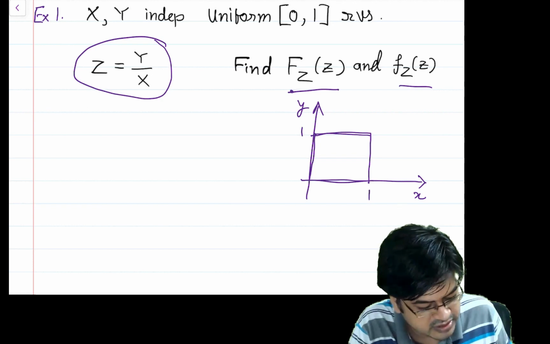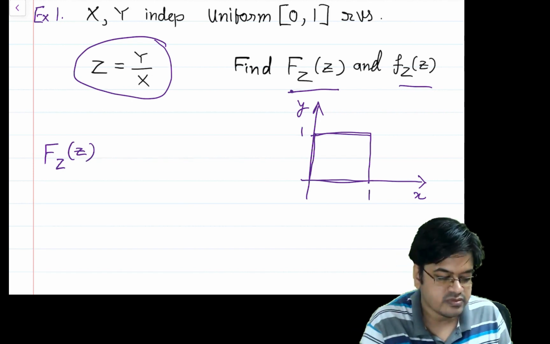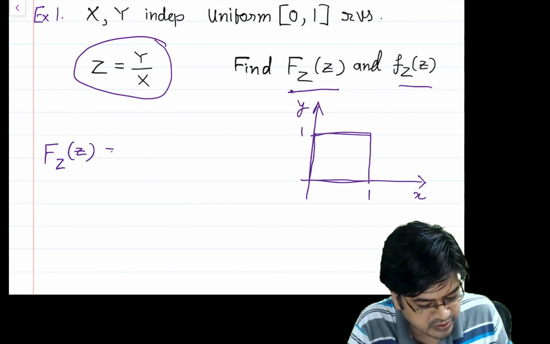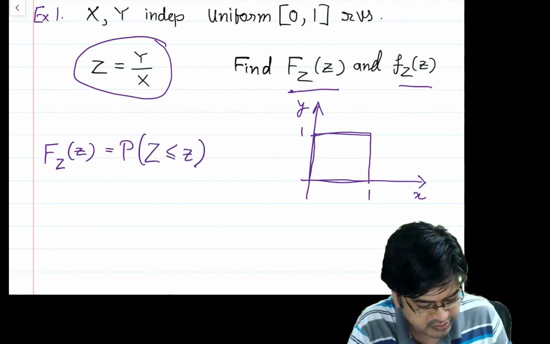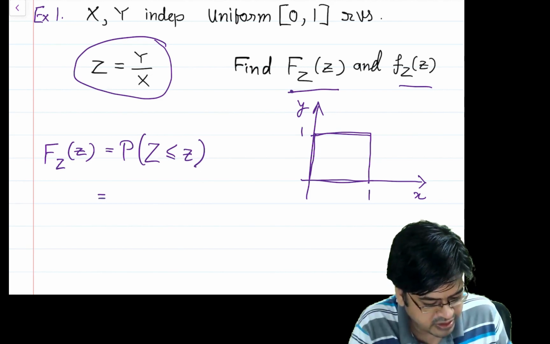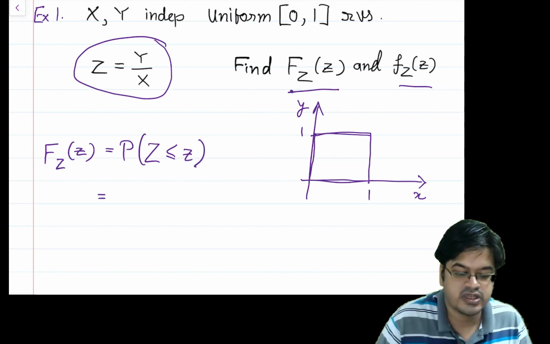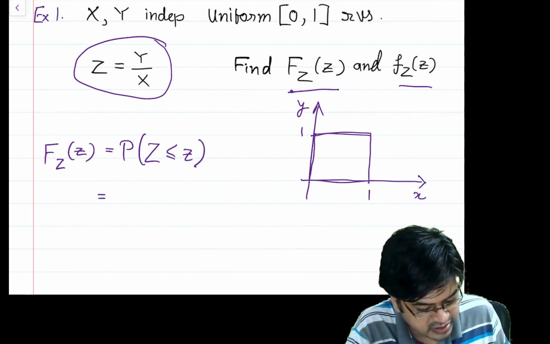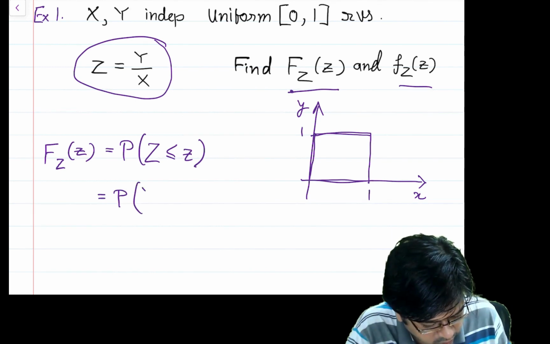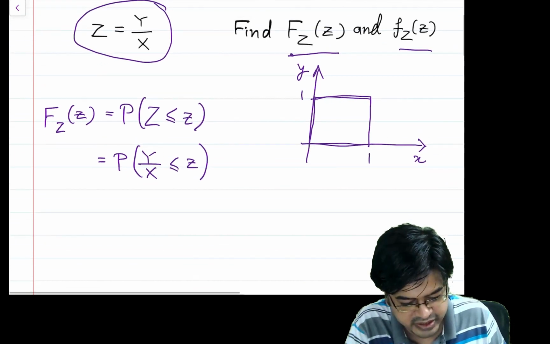That is, let us try to get this f_Z of z. What will it be? This is equal to probability of capital Z less than or equal to small z. This is again going to be equal to, remember we always tried to replace this Z with the known random variables f_X,Y, right? So then I will replace it by y by x less than or equal to z. Okay, so we need to do some homework prior to that.